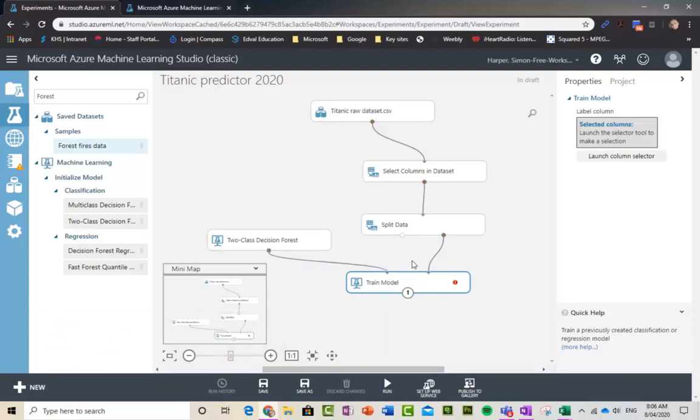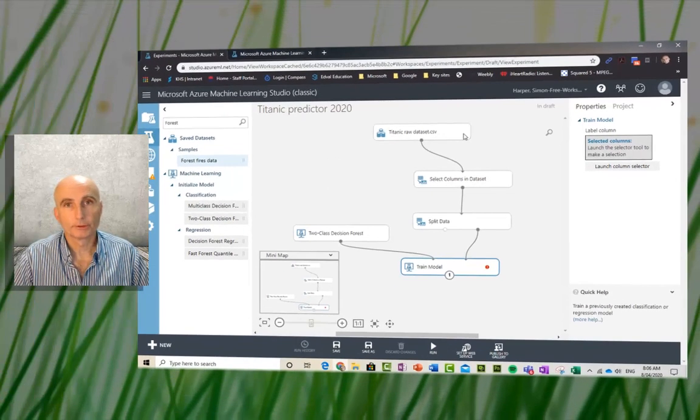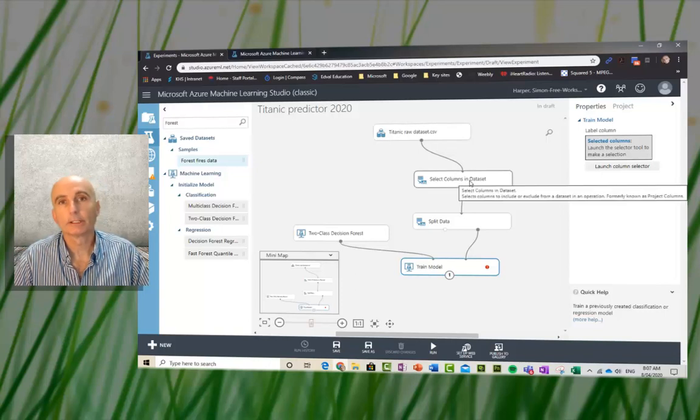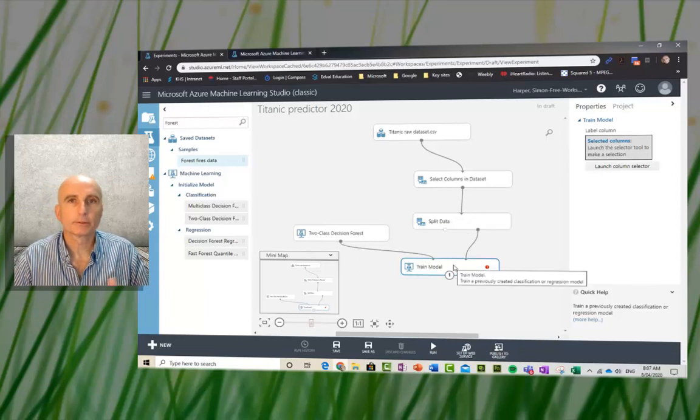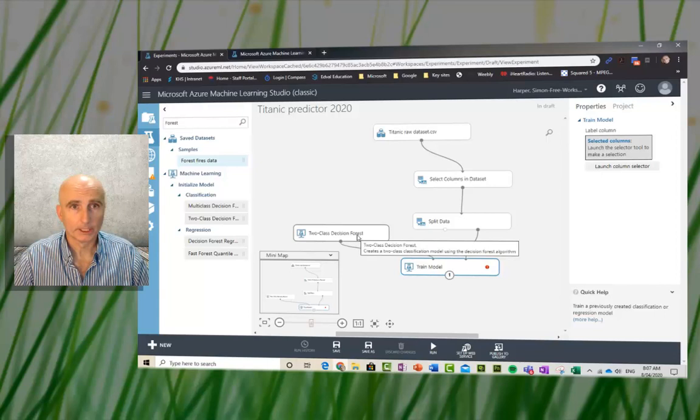So at this point, just going through, we've taken in our raw data set. We've decided to select the columns that we want to choose for this data set. We've then split the data 80/20, and we're starting to prepare to train the model. The train model will hook up to the data, and it will also churn through our algorithm. So this is the end of the first